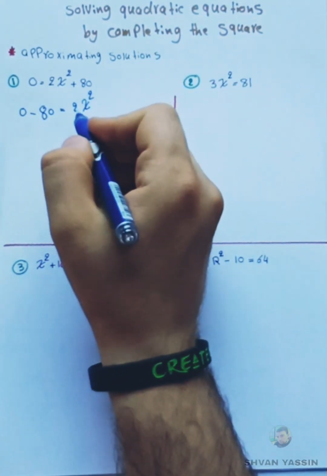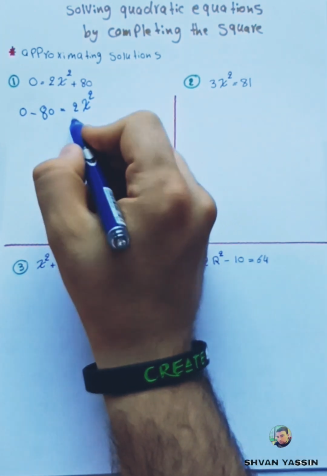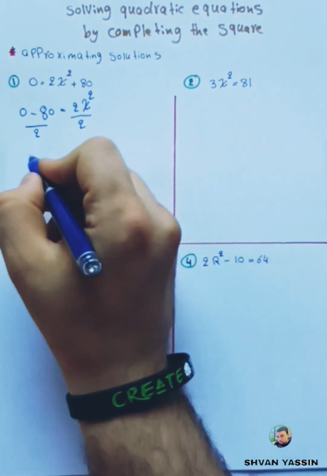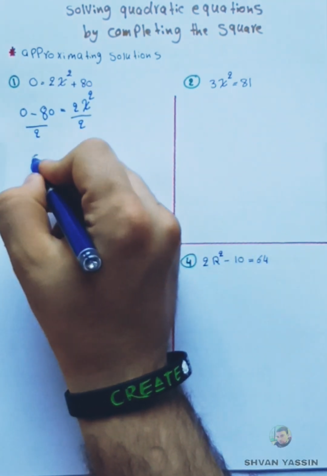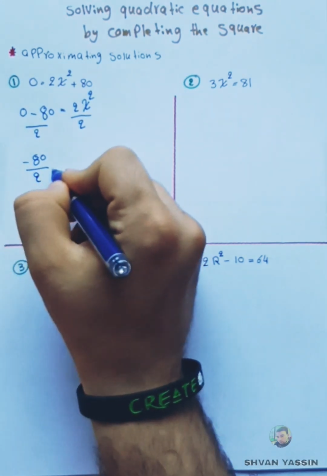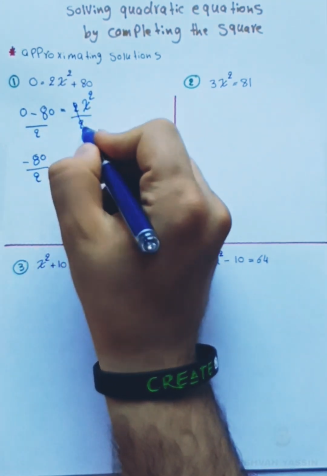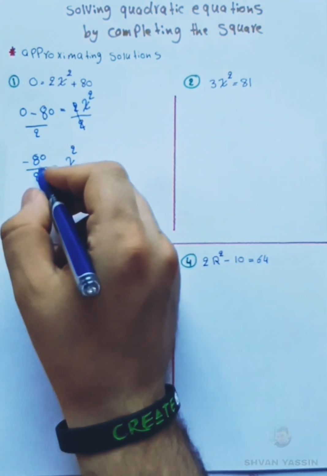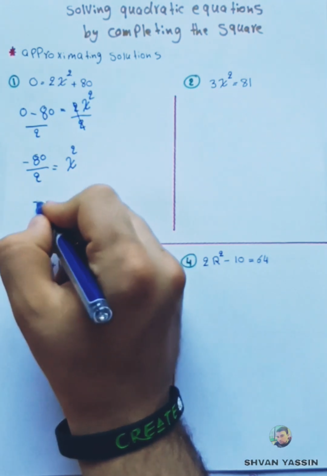After that, divide both sides by 2 to get rid of this 2, so you have negative 80 divided by 2 equals x squared, since the 2s cancel. Negative 80 divided by 2 will be negative 40,